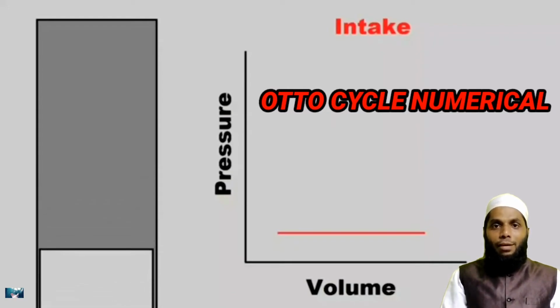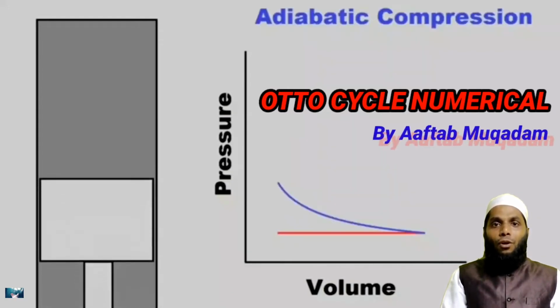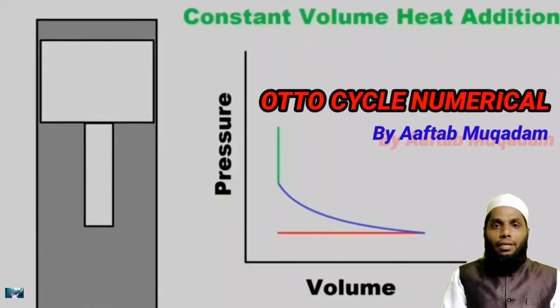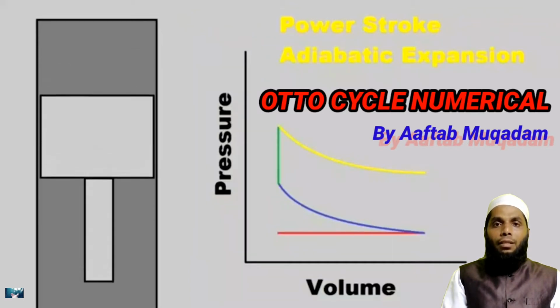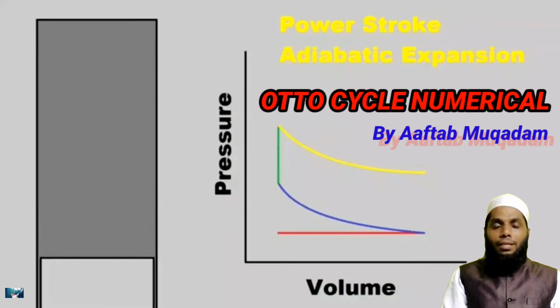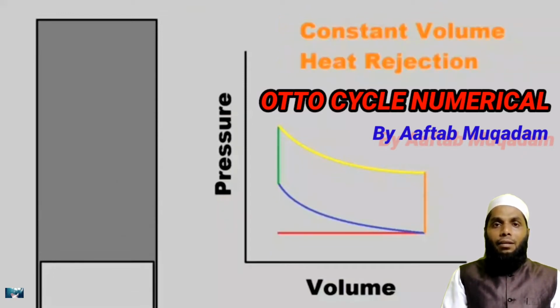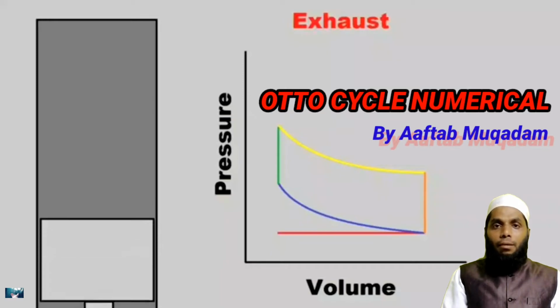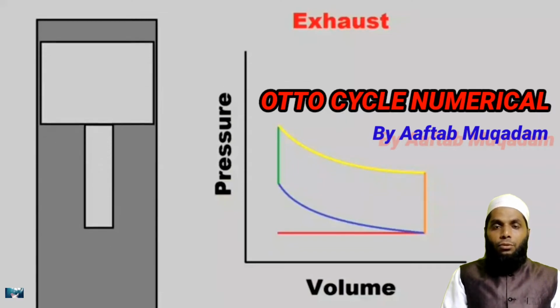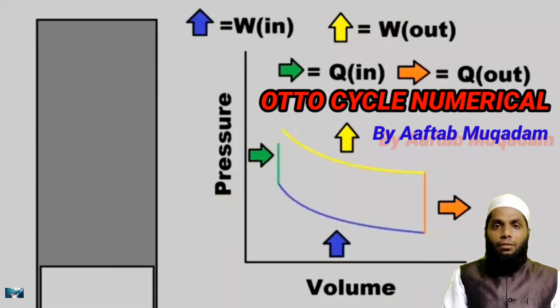Dear students, I am Aftab Alam Zikriya Muqaddam from Mechanical Engineering Department. Today we are here for an important session on numerical of Otto cycle. In this numerical, we are going to determine efficiency of Otto cycle, net work done, that is power produced by this cycle, heat added and heat rejected, and some more parameters related to the efficiency of Otto cycle. So here is this important numerical. Just all of you look at that problem.